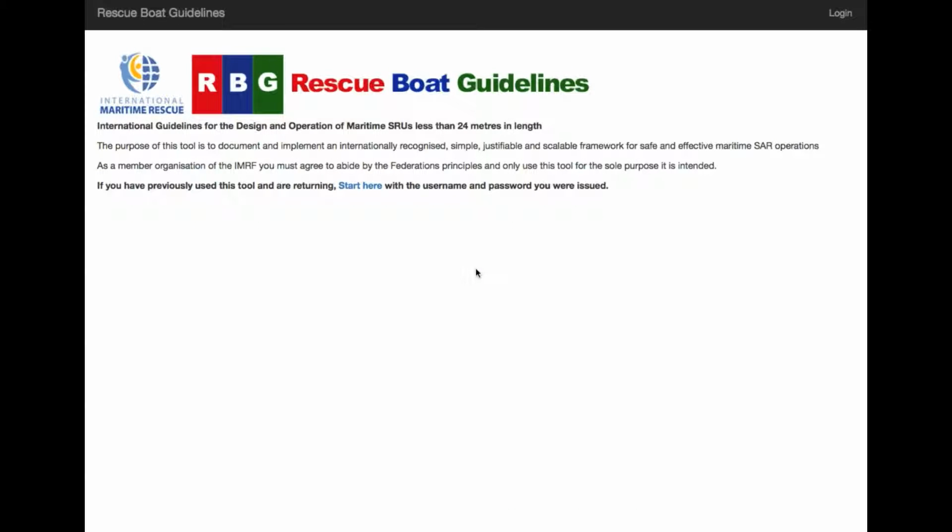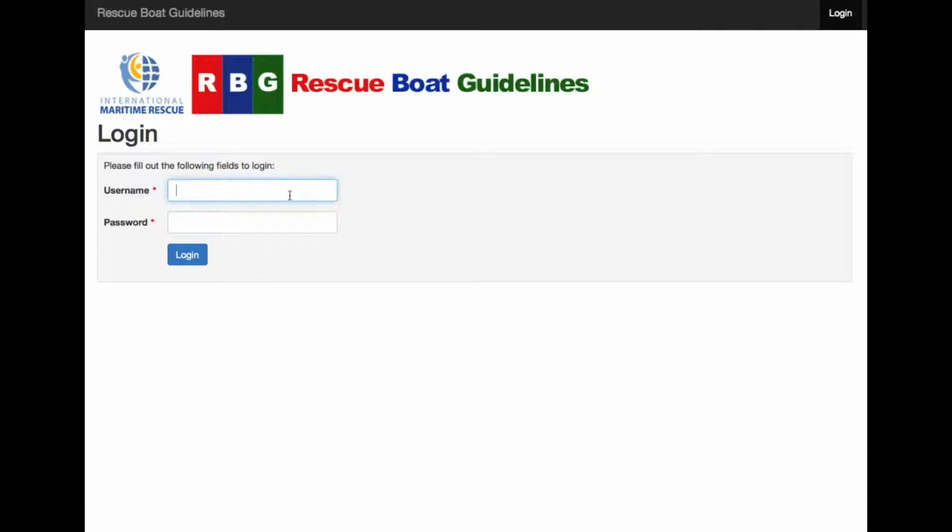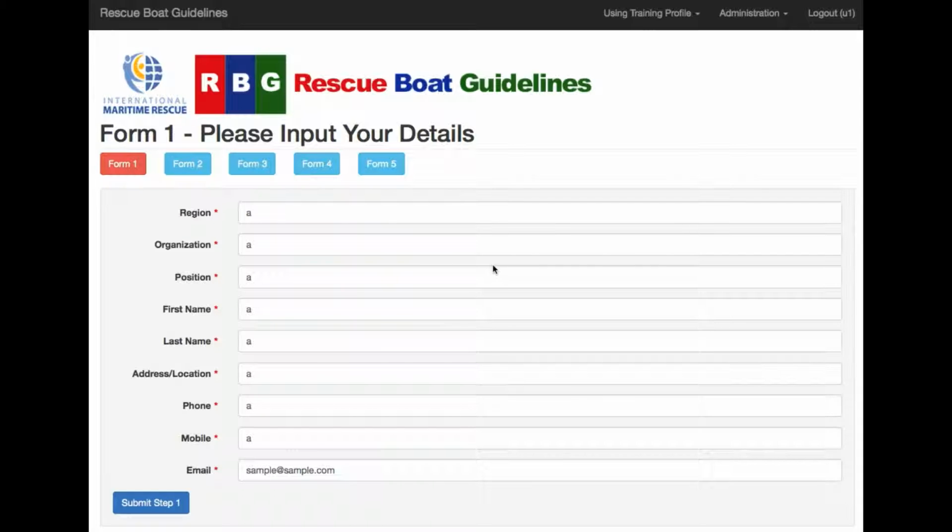The first screen you're presented with is this one here, and all you need to do is click Start. This will bring you to the login screen where you just input your username and your password which you were issued with and click Login. This will then take you to Form 1, which is your profile page, and if you can just fill out